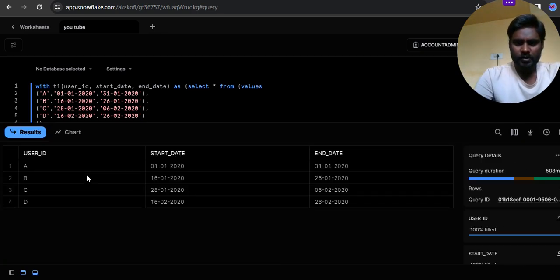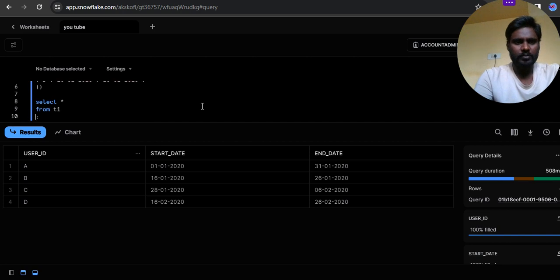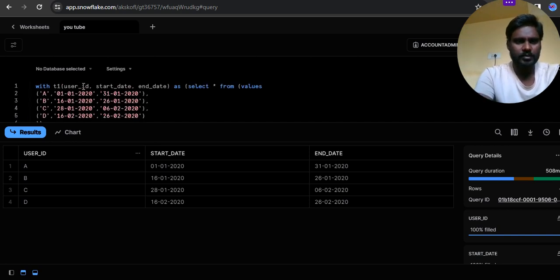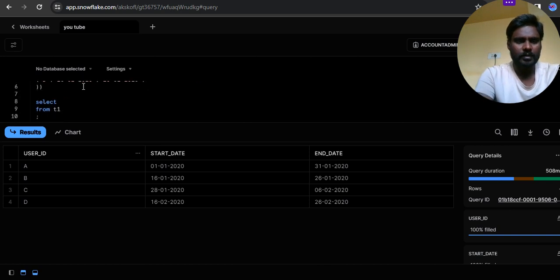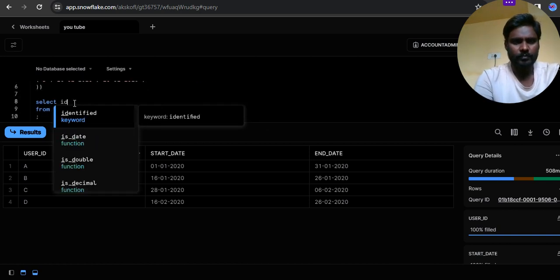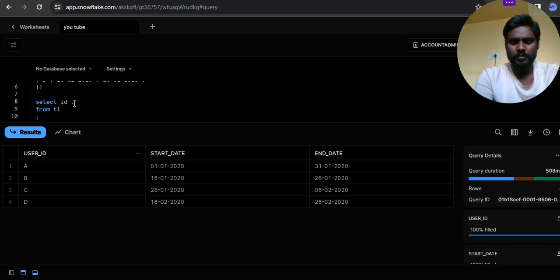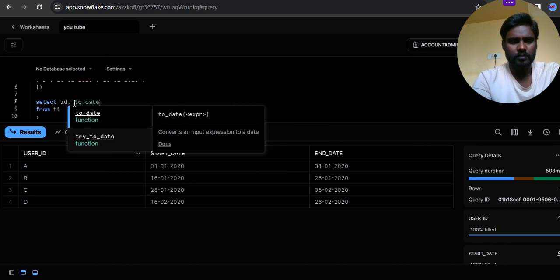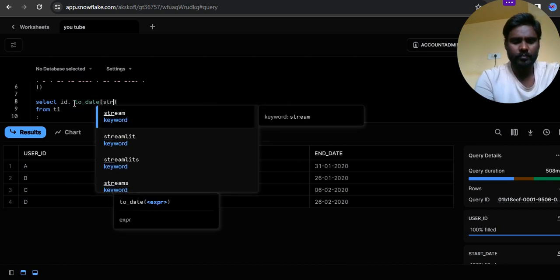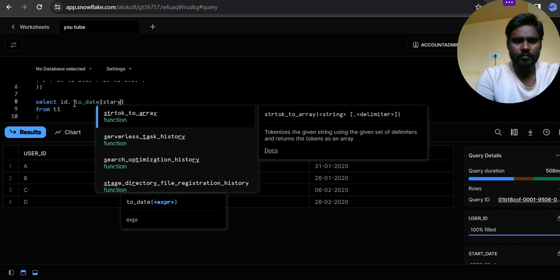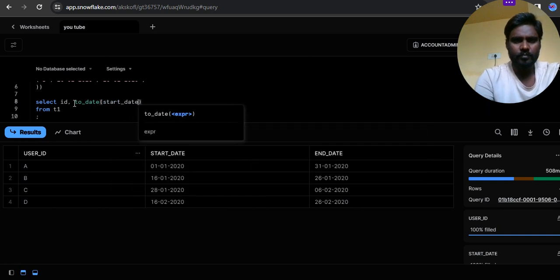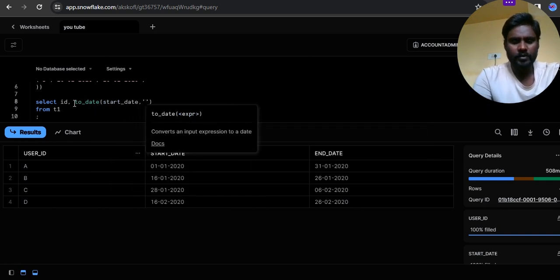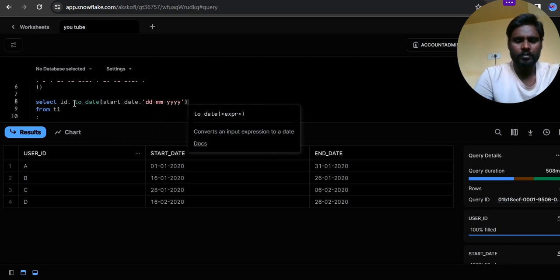Let's see the data. It is a varchar, so I want to consider it just as an id. So id, to date of start date, which is in the pattern of dd mm yyyy, and